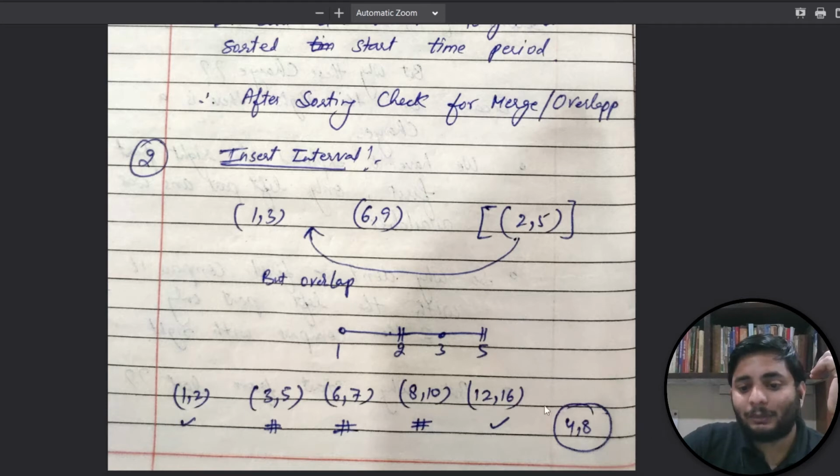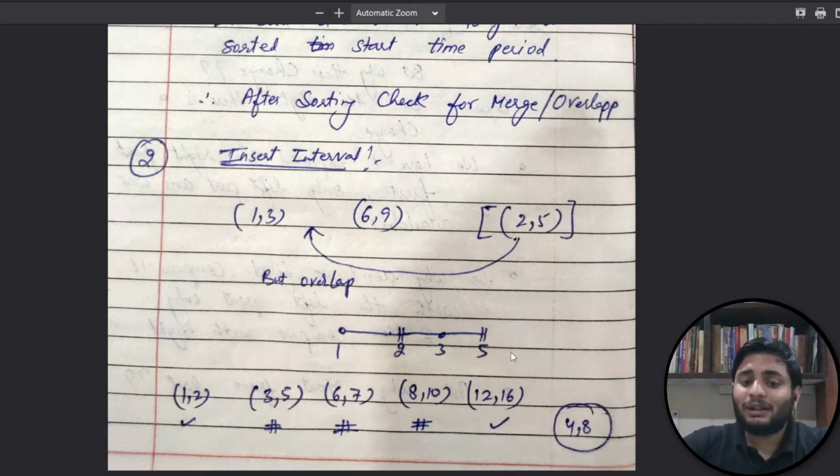Is 6,7 overlapping with 4,8? Yes, hash. Is 8,10 overlapping with 4,8? Yes, they have an equal end time, so that is also a hash. Is 12,16 overlapping with 4,8? No, this one is clearly greater. So that's it. There are some intervals that are not overlapping with 4,8